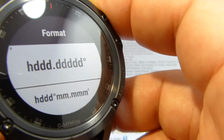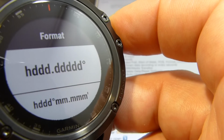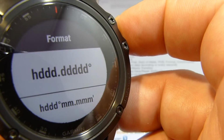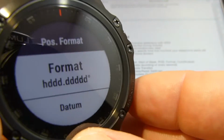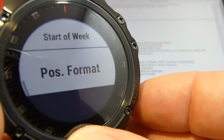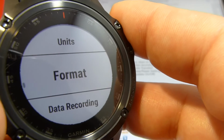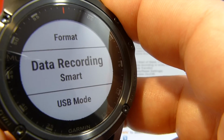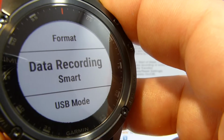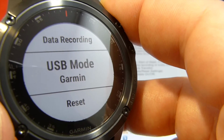So I've decided to keep it very standard and basic and what I'm used to, and that is the one that I use the most often. So just a good tip to know. So coming back from format, you've got data recording, which I have not covered yet, and then you have the